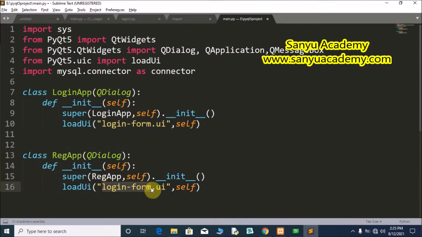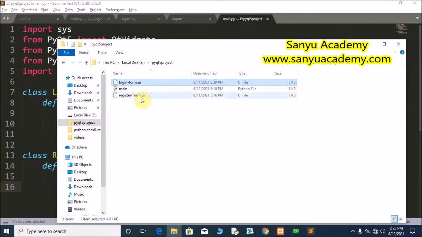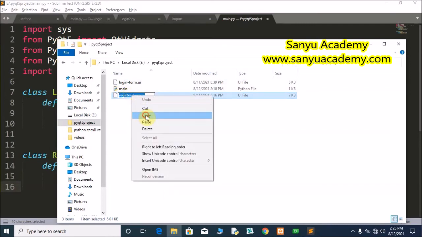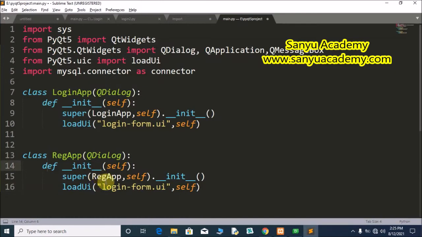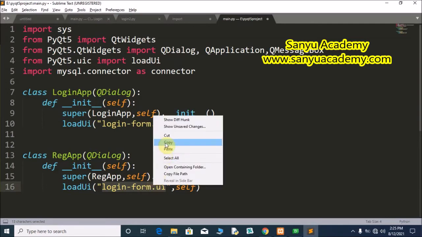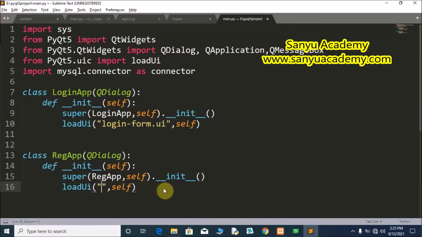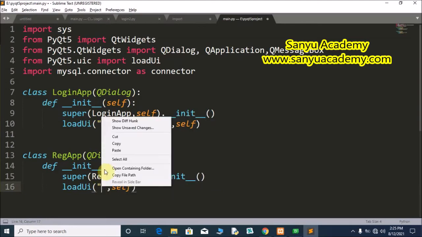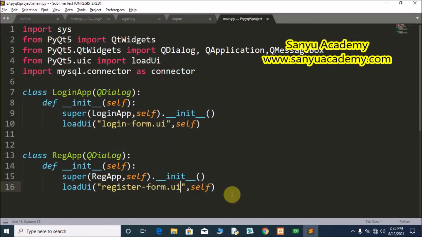The name of the user interface we have to copy from the folder, F2, copy, right click and paste. Now we have created the classes for both LoginApp and RegisterApp.